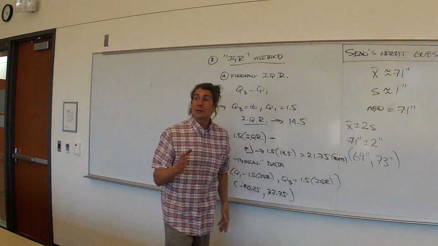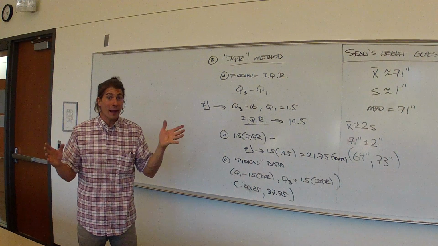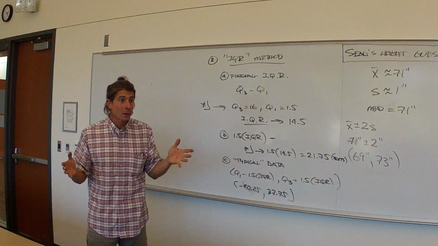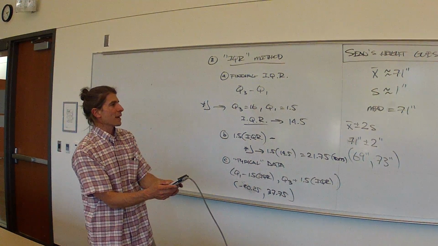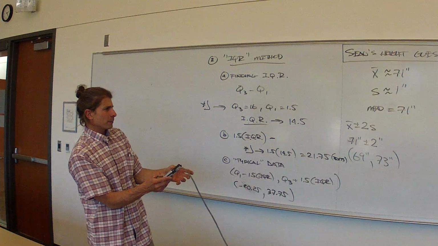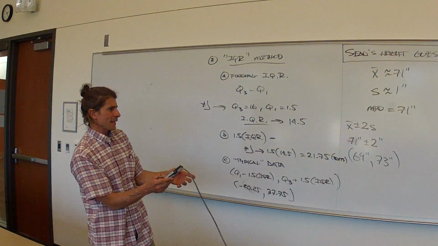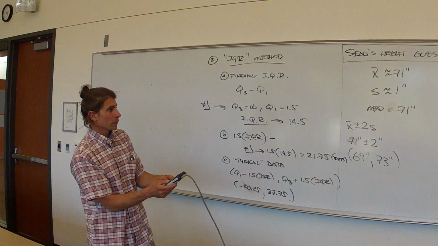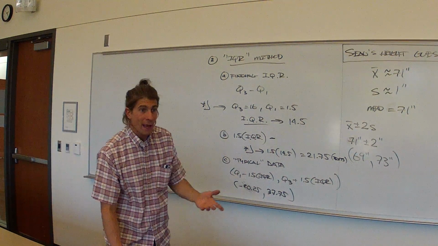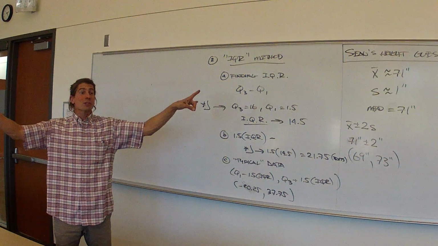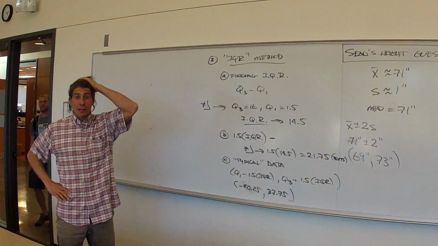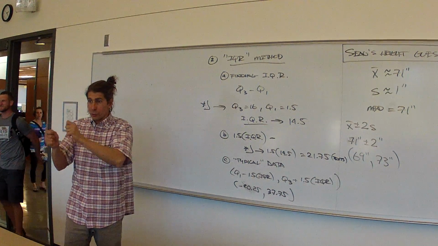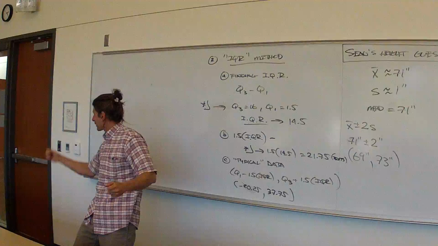Makes sense? You can have more than one outlier, FYI. I mean, suppose somebody else, let's just throw one more data point in there. Let's throw it at the bottom. We have a 63. Let's say somebody had a 52 as well. Okay? You can have more than one. You can have outliers on both sides. That exists too. When I did my data last weekend, when I was doing the,